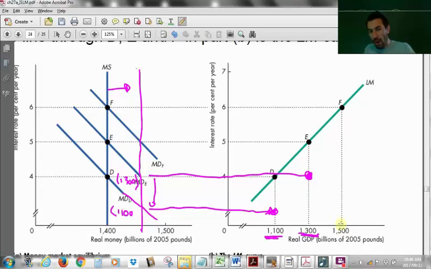And for my 1,500 level of output, I've got some money demand curve that corresponds to 1,500 output. You happy it's a new lower interest rate? That lower interest rate here somewhere. If I connect all these points,